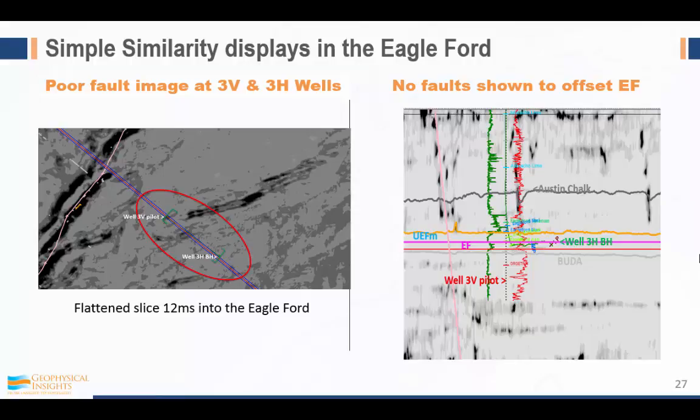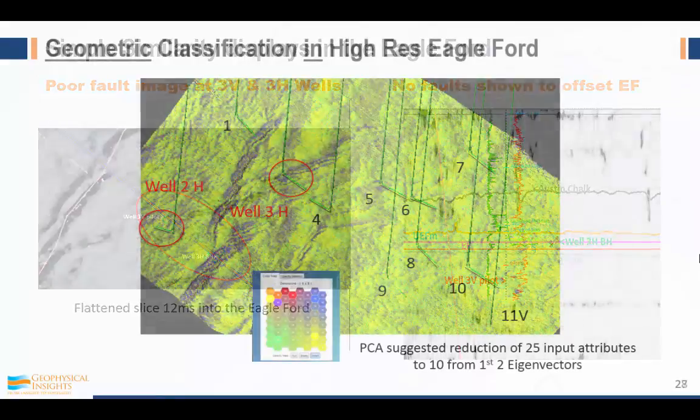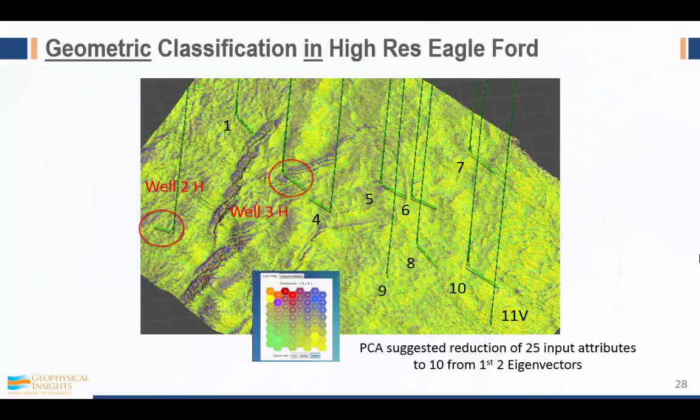But you can see the Austin Chalk is deviated there, not so much in some of the other positions. Okay, and that's the vertical pilot well with a gamma ray and a resistivity curve. Okay, this is a geometric SOM result, a result set from having run geometric